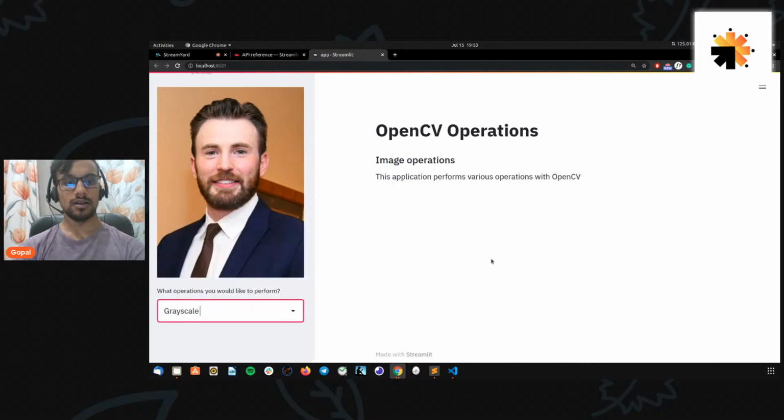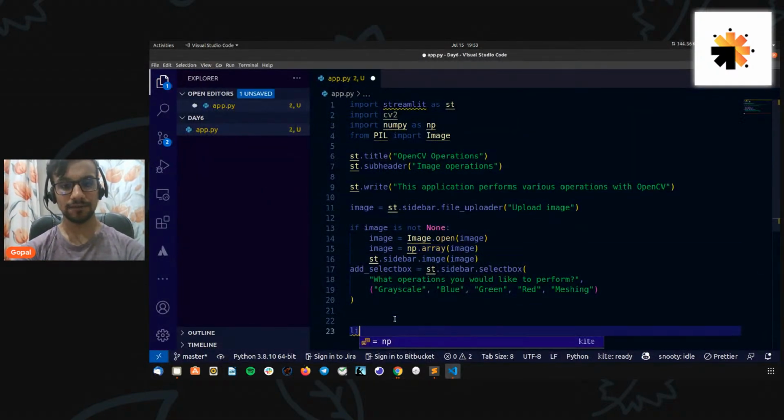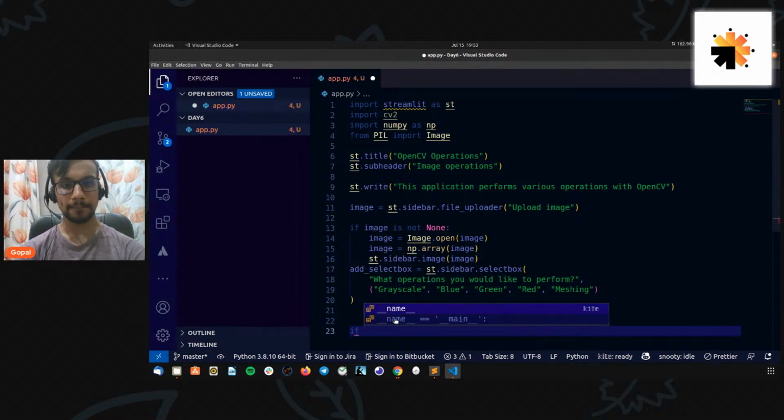All right guys, so let's do this. If add select box is equal to grayscale